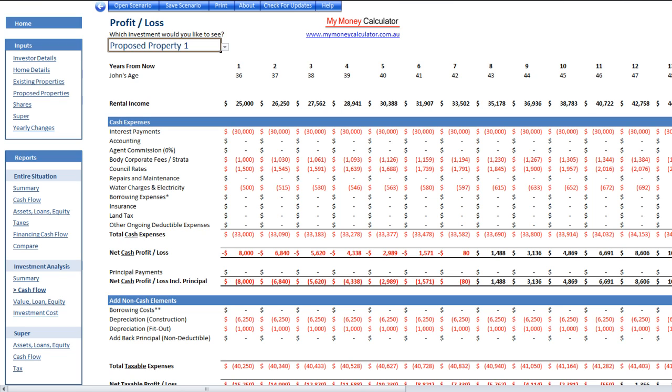Remember, the money calculator can be used by all Australians, from everyday individuals to experienced investors. So whether you're just starting out or whether you're an industry pro, you can take advantage of this powerful tool, which you can download only from